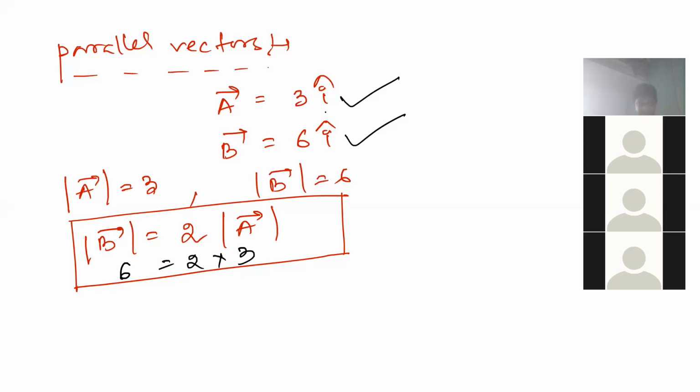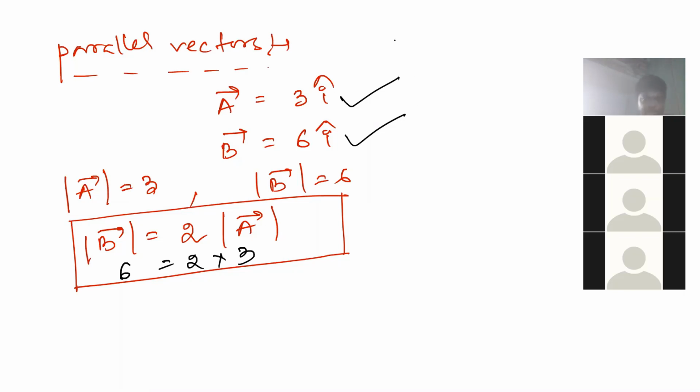In the previous class, I told you about the positive and negative x-axis as well, right? All the axes are properly explained. So in this case, when I say that A vector equals 3 I cap and B vector equals 6 I cap, both of the vectors are working along the positive x-axis. Their direction is obviously the same, and the magnitude of one vector is a multiple of the other. So these two conditions are satisfied, and that's why I'm saying they are parallel vectors.